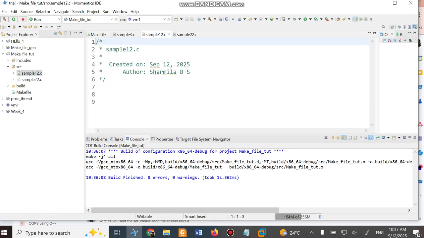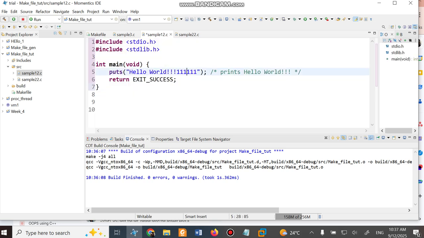Okay, for both the files I'll just copy a sample code. For sample1.c, I'm copying a code which says hello world 111, and for the second file I'll copy the code and just change this to Twitter. That's all. You can see that under this project there is an include and a source. Under the source there are two files. For this I am supposed to write a makefile. That means a makefile is actually a rule to build and create an executable file for these .c files.